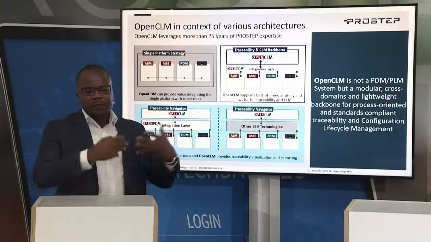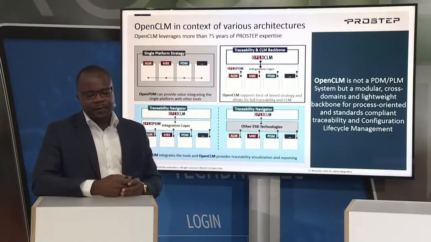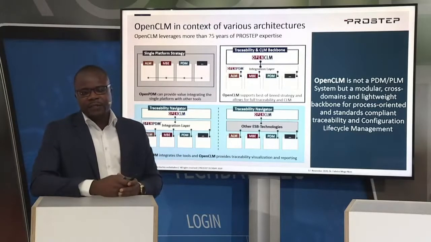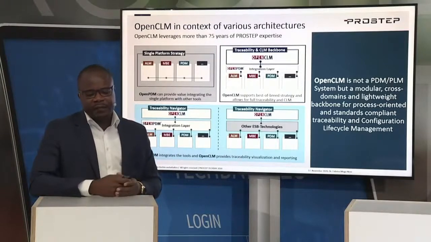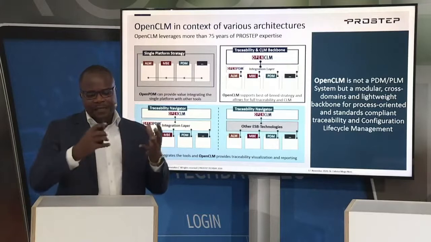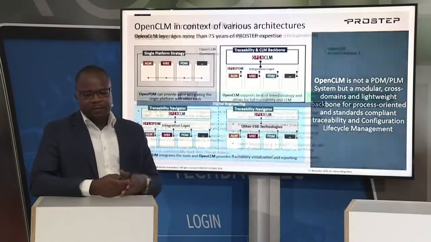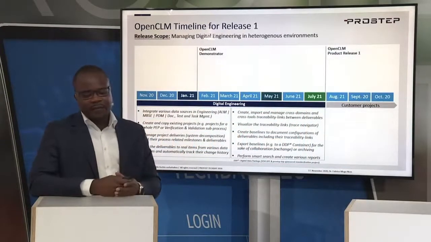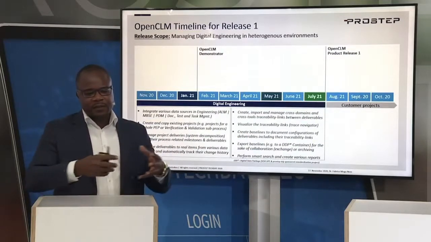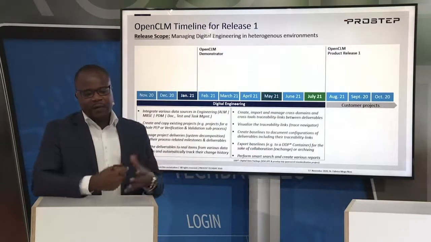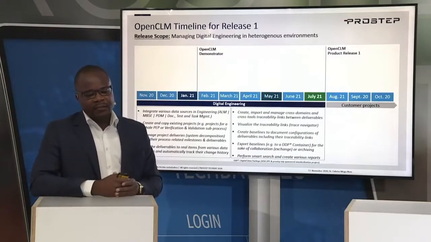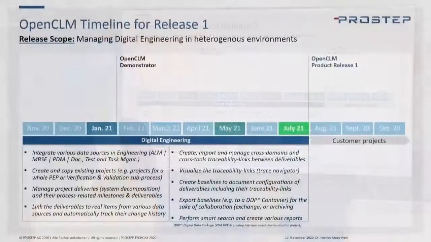And with such baselines, we heard about this, Global X. Such configuration can be exchanged with partners and also customers. And with PDF Generator 3D, we have the possibility to pack them based on standards, for instance with the GDP container. That is a project which I was one of the initiators of in VDA and the PROSTEP IVIP Association, so that we can work on such standards for exchanging network data so that our MBSA operations can be supported at this point. When can you buy OpenCLM?